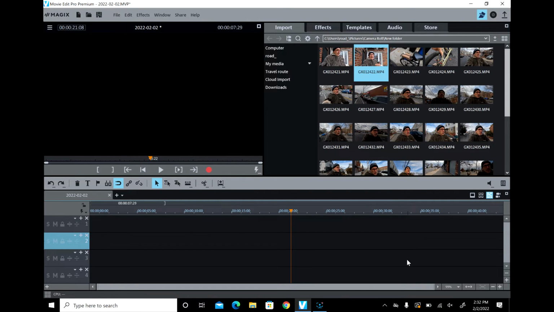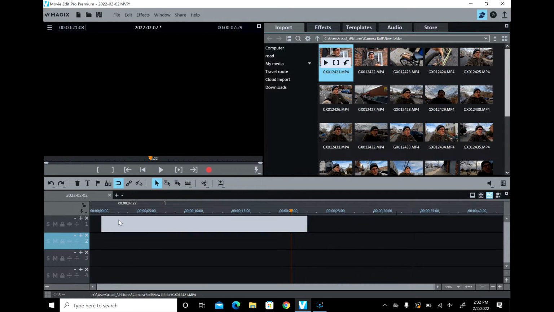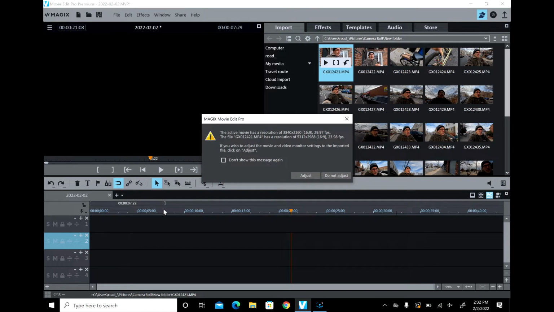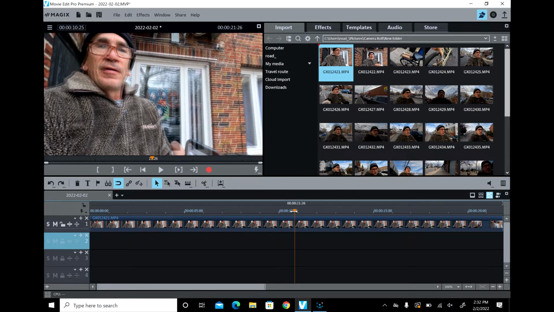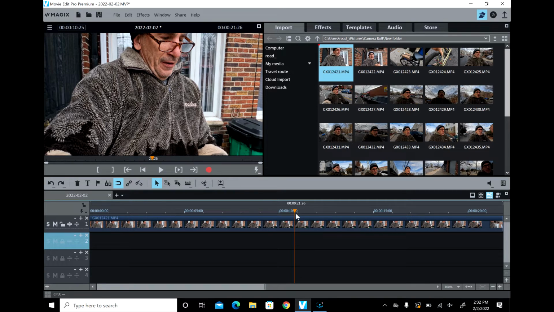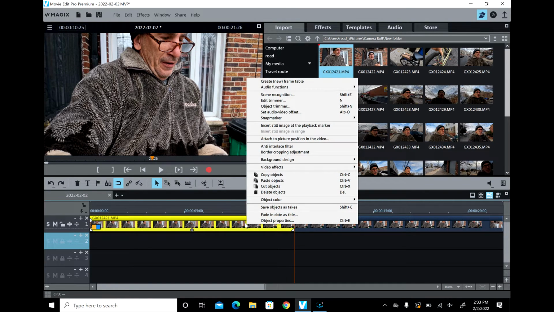A YouTuber has asked in Magix Movie Edit Pro Premium 2022 how to put a track on, how to split by left click where the red cursor's at, and the scissors, split, and how they should copy the first track for argument's sake, Control plus C,